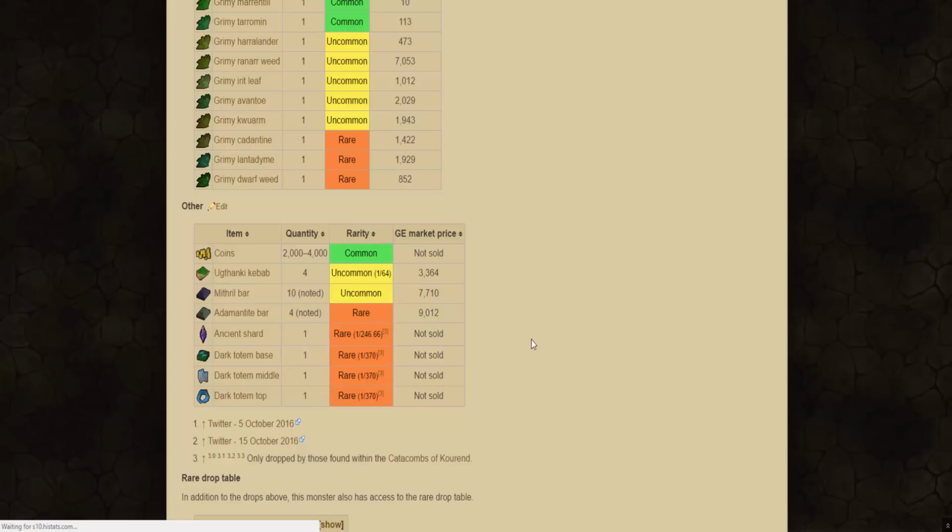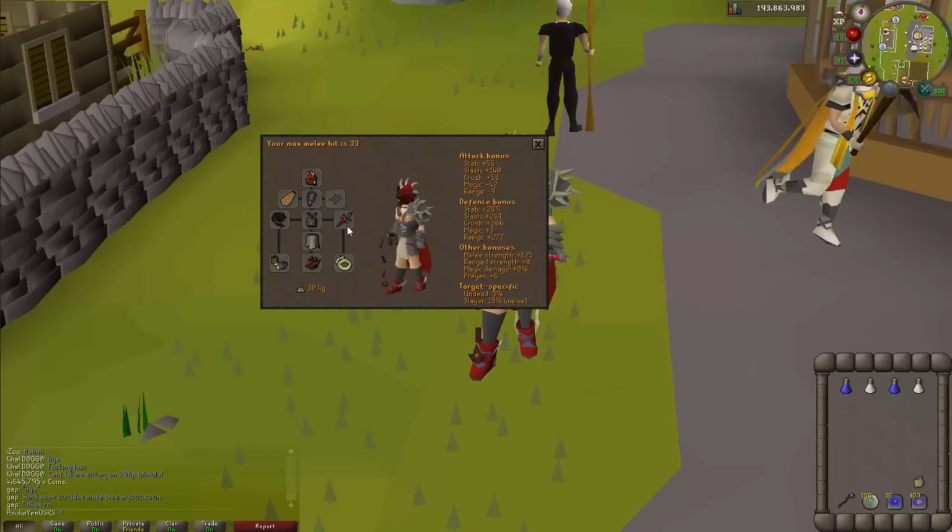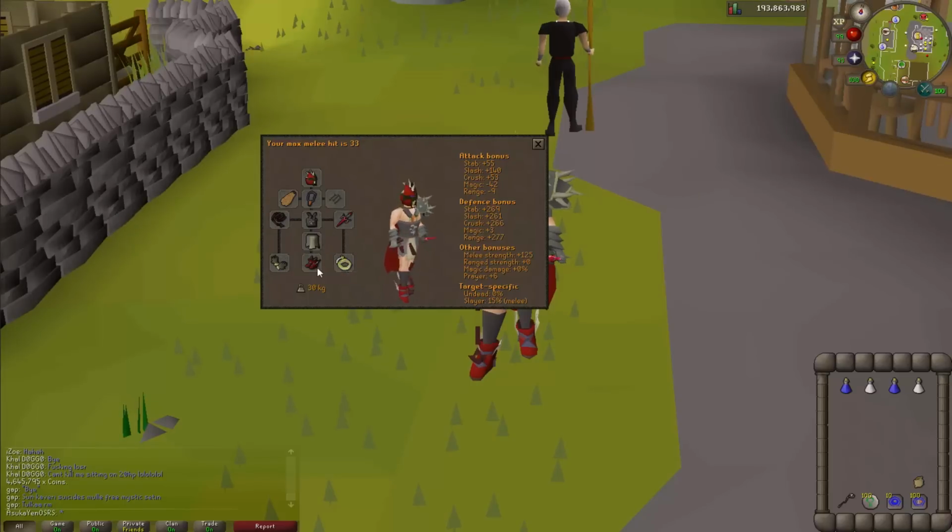Now let's get into my preferred gear setup so we can see what the best way to kill them is. So as my gear setup, I decided to go with the Slayer Helmet, Fire Cape, Amulet of Torture, Abyssal Whip, Bandos top and bottom, Dragon Defender, Pharaoh's Gloves, Primordial Boots, and a Warrior Ring. I think this was the most effective as it gave me the highest slash bonus that I could get, and they are pretty weak to slash. Their primary weakness is magic, but